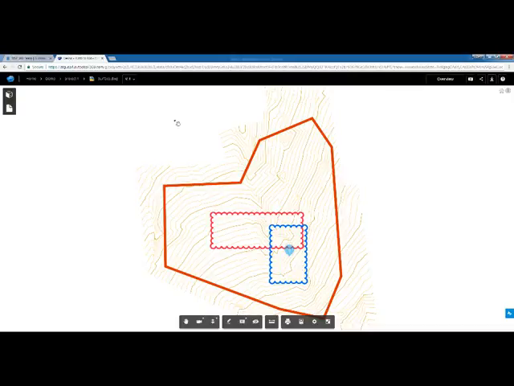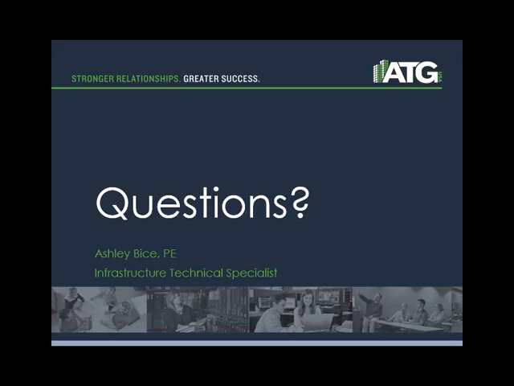So a typical workflow for utilizing this would consist of the first version being uploaded. After comments and markups have been made, a designer can come here, download the latest file, and work through a modification or change, and then upload the latest drawing for review. So that's an overview of